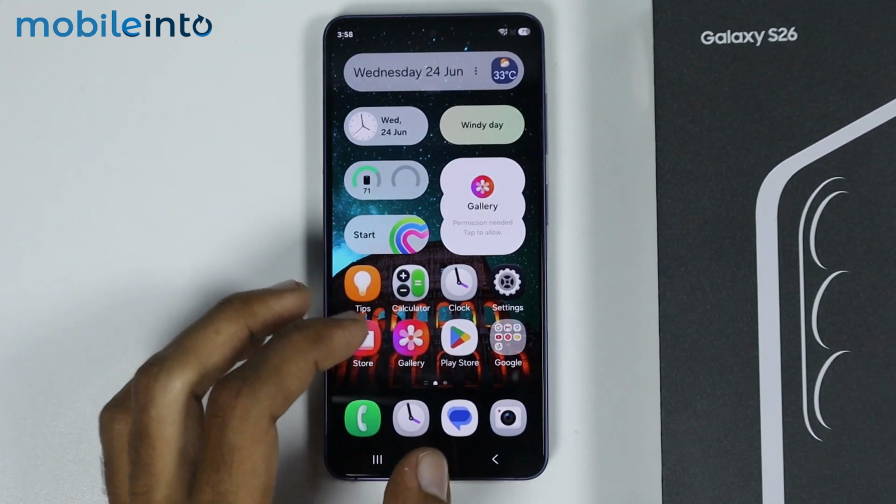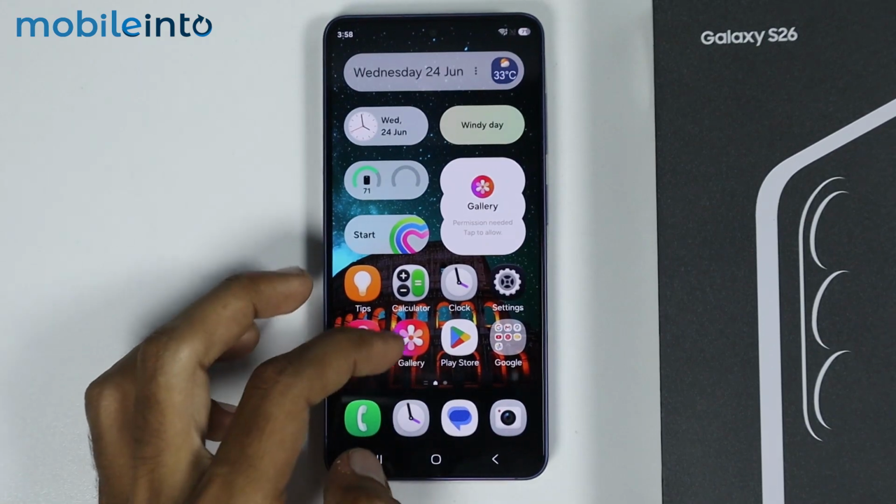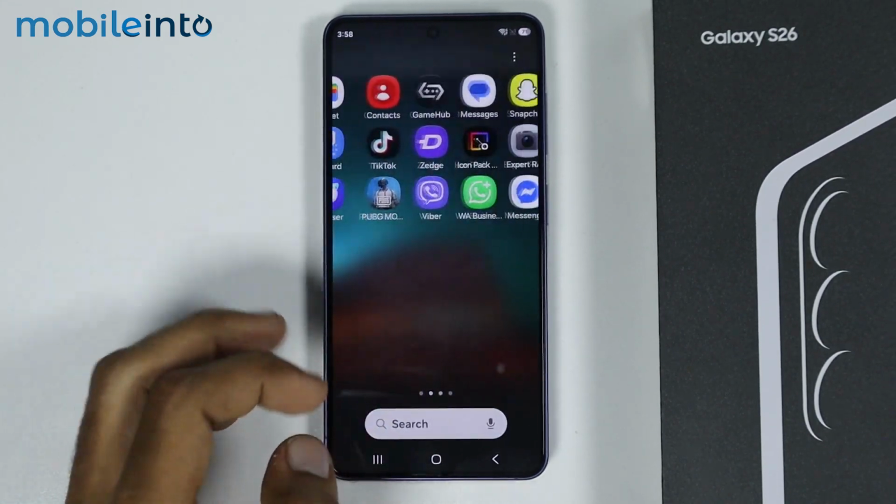And this is how you can fix the calls disconnecting automatically problem on your Samsung Galaxy S26, S26 Plus, or